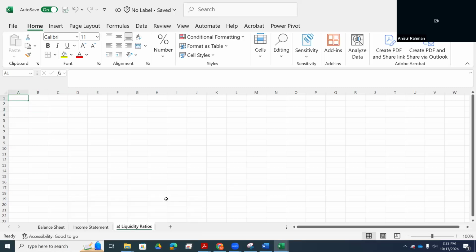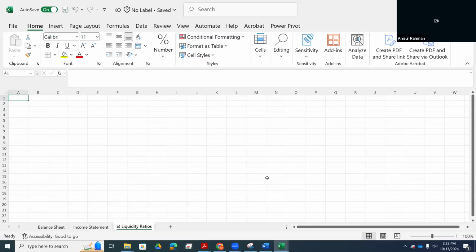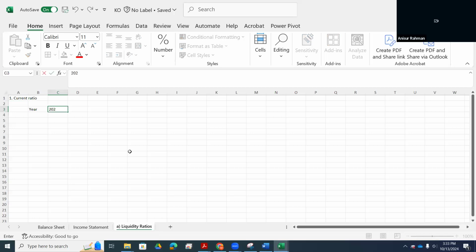So under liquidity ratios, the first one is current ratio. To calculate current ratio, I'll write down the year first. And notice we have the years in descending order. So 2023,